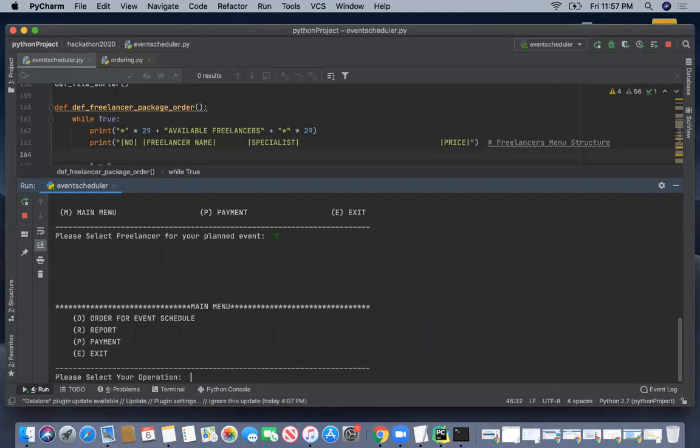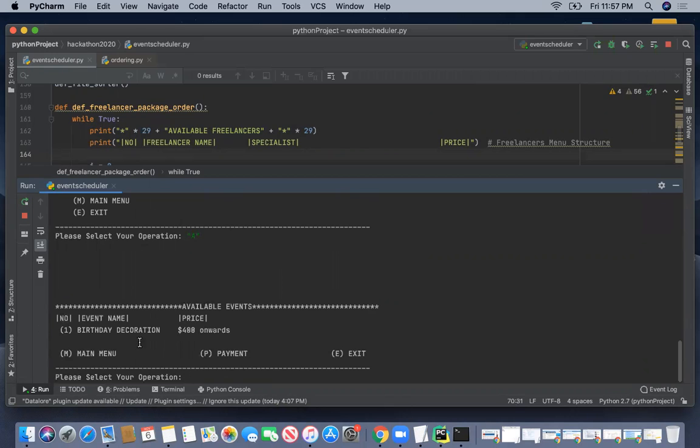And if he wants to see other active events, he can go for active events. He can see the birthday decoration. From 400 onwards, there are 400 and 600 different packages. Either the customer can go with Alicia Keys, the freelancer, or any other available freelancer.